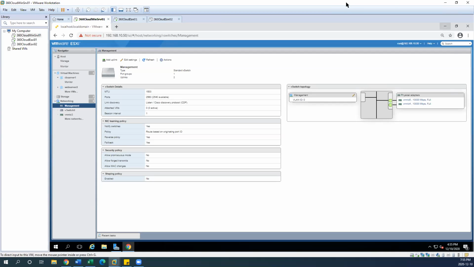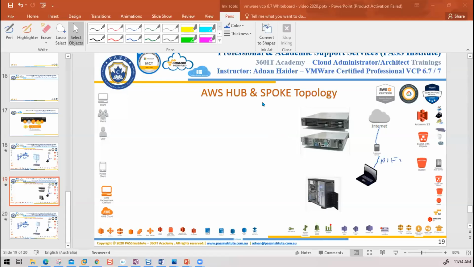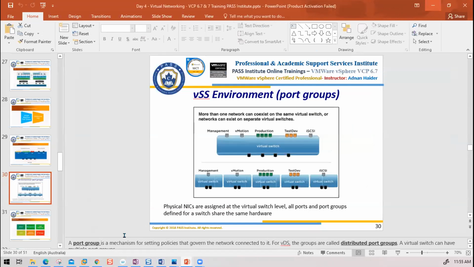Okay, no problem. So going back to our whiteboard, guys, last 5 minutes on this to understand. Let's look at this here. In order to create this architecture, I'm going to go back to my architecture. The key is, guys, these concepts are not very difficult. It's just that you need to properly understand what you are following and what you want to create inside the ESXi host. So here, first of all, it's very clear that I need to create 5 switches. 1, 2, 3, 4, 5. Now you can create all the 5 switches at the same time. You can create all the ports at the same time. Guys, this is not how we do it. So always remember,